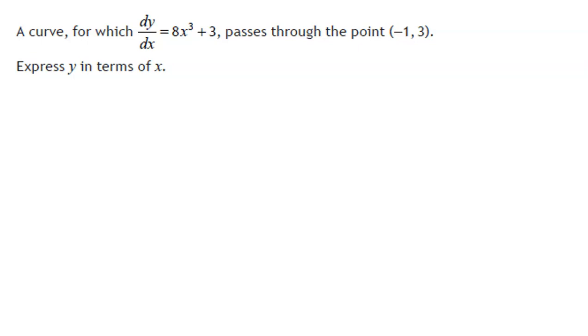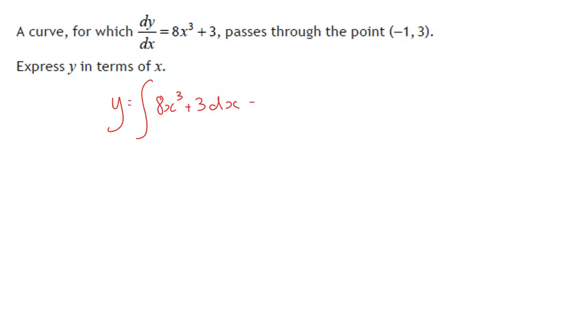Now, when we've got a question like this, we've been given the derivative and we work back to the original. What we want to do is integrate that function. If we integrate the function, we have to follow the same set of steps as we always do. Raise the power by 1, divide by the new power. And then we've got to remember and put our wee bit on the end, the plus c. So if we do that, and we just bear that little bit in mind, we know that y is going to be the integral of 8x cubed plus 3